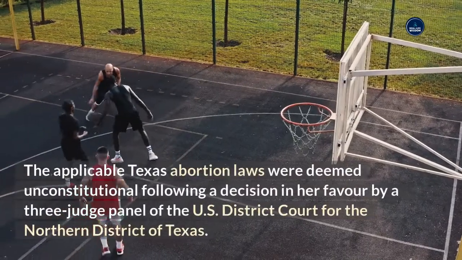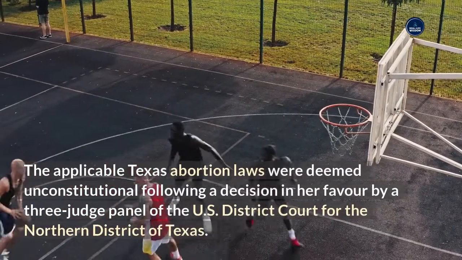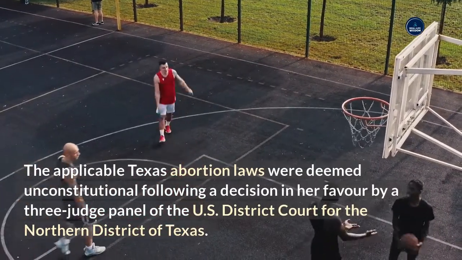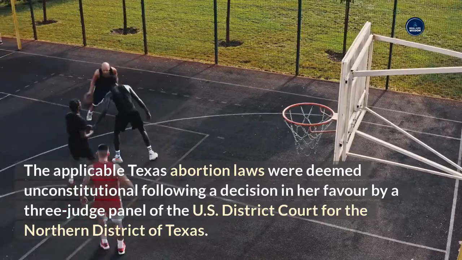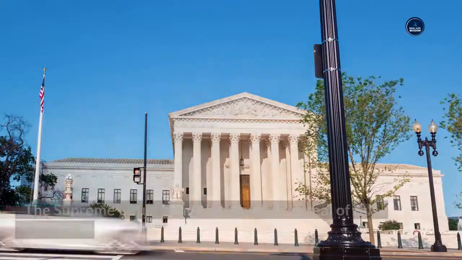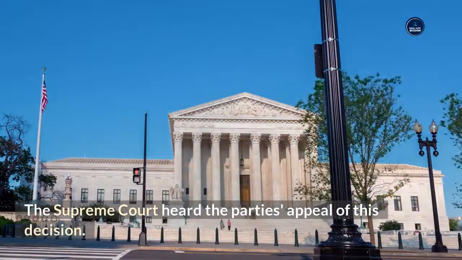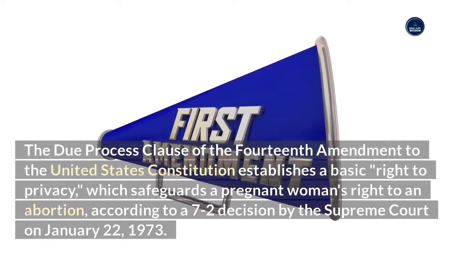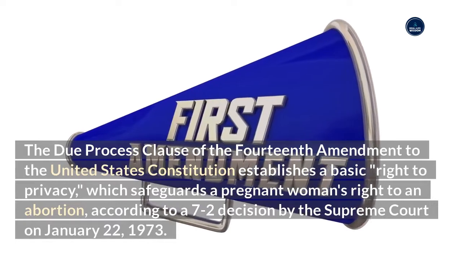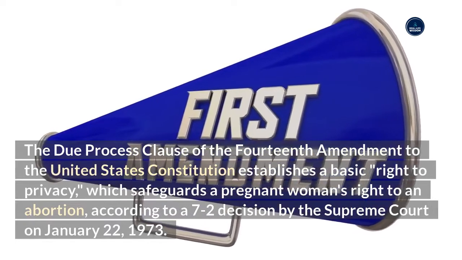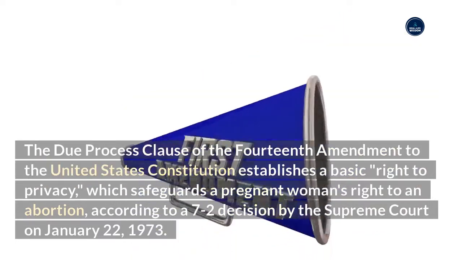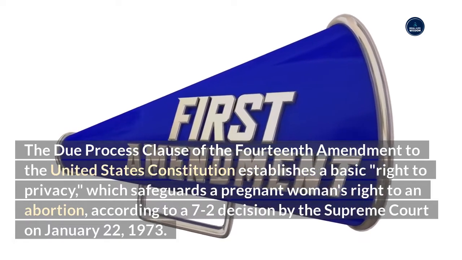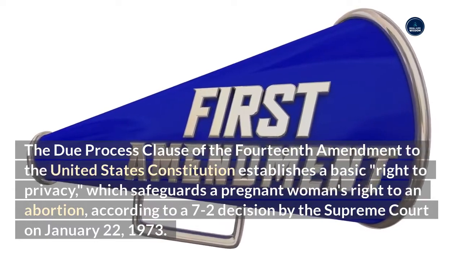The applicable Texas abortion laws were deemed unconstitutional, following a decision in her favor by a 3-judge panel of the U.S. District Court for the Northern District of Texas. The Supreme Court heard the parties' appeal of this decision. The Due Process Clause of the 14th Amendment to the United States Constitution establishes a basic right to privacy, which safeguards a pregnant woman's right to an abortion, according to a 7-2 decision by the Supreme Court on January 22,